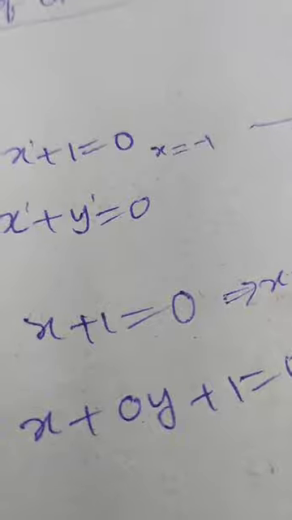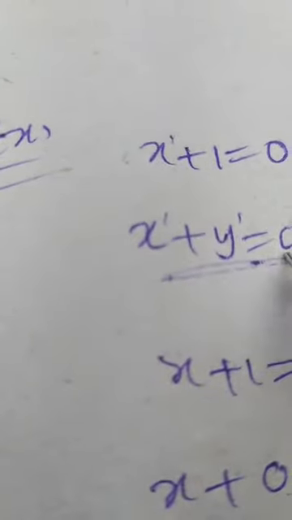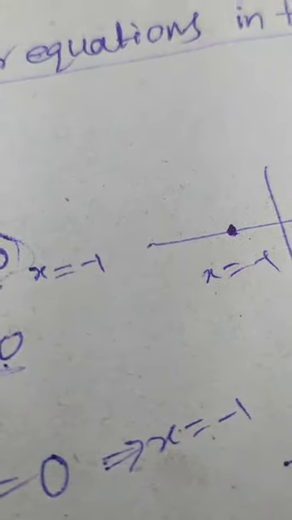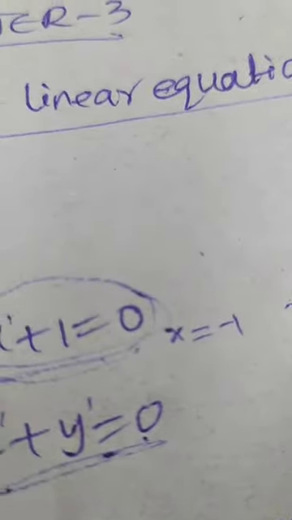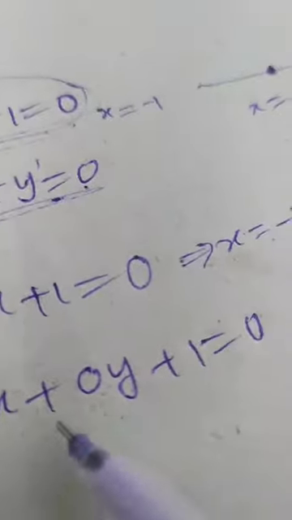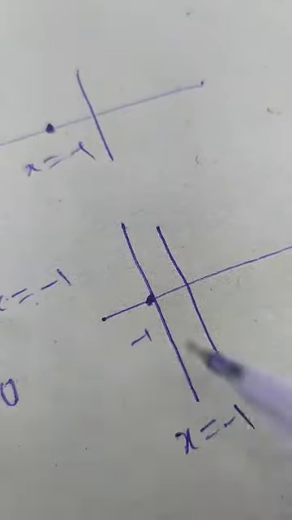And one more thing, a linear equation in two variables always represents a straight line. And a linear equation in one variable, if you are not inserting a second variable, if you take only one variable equation, then it will represent a point on the graph. So this will give x equal to minus 1. If the equation is in only one variable, it will represent a point. If you want to convert into two variables, you can convert like this, and if you need graphical representation, you have to draw like this.